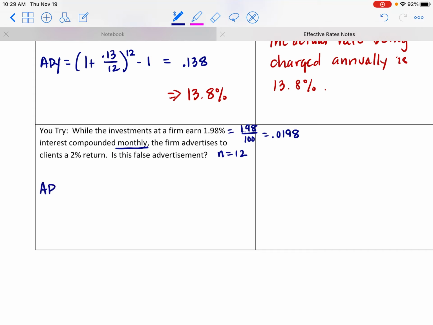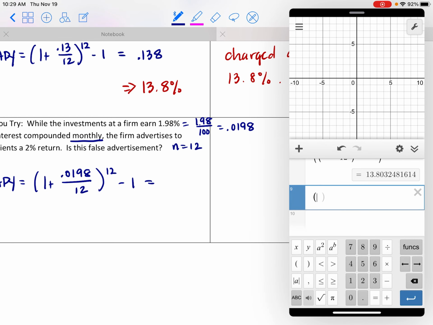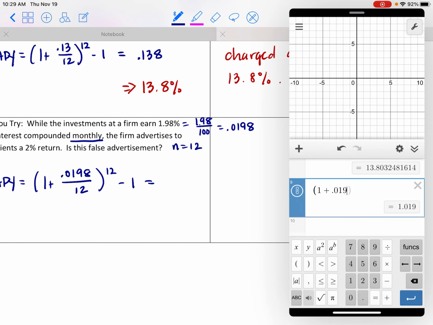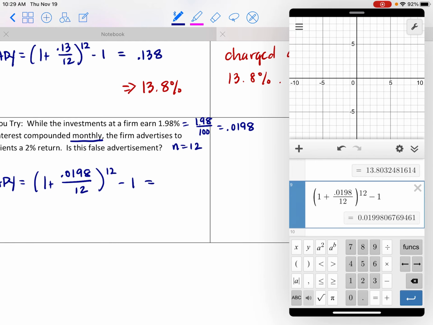So our APY is going to be 1 plus 0.0198 over 12, raised to the 12th power, minus 1. What do we get? Let's see. 1 plus 0.0198 divided by 12, raised to the 12th. Take that 1 away, and we're looking at